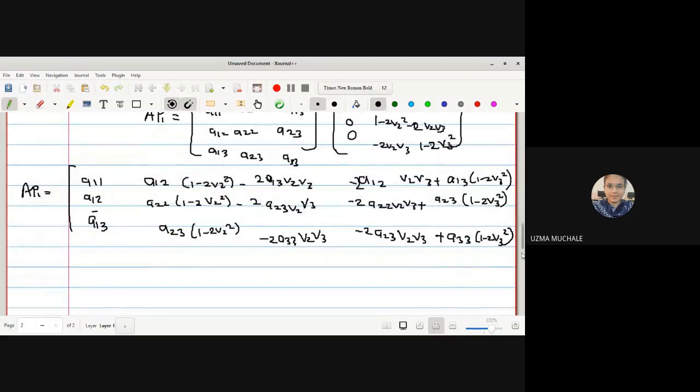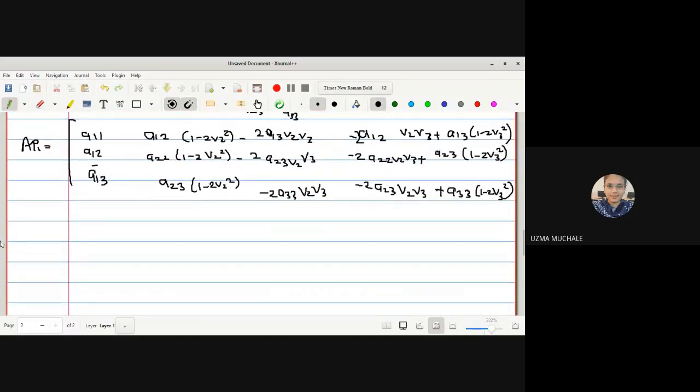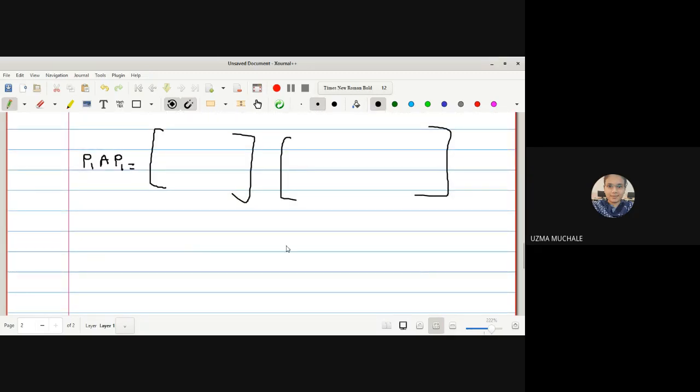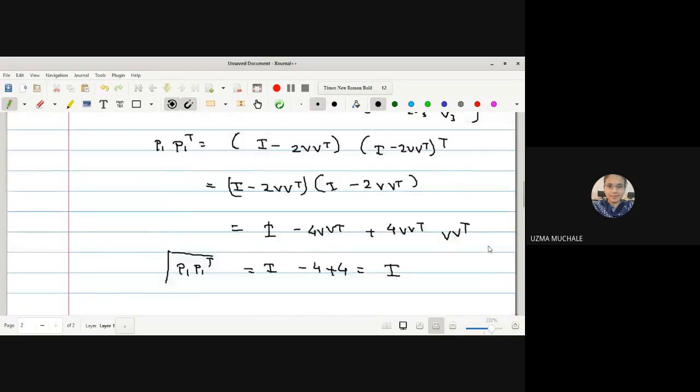So this matrix we have obtained, and after that we have to do calculations again in such a way that we find P1 A P1. You have to do these calculations and tell me. This is the P1 matrix, and here is A into P1. Both matrices are with you. You have to find this P1 A P1, and whatever matrix we get is what we call equation 2. We have to equate this equation 2 with our equation 1.